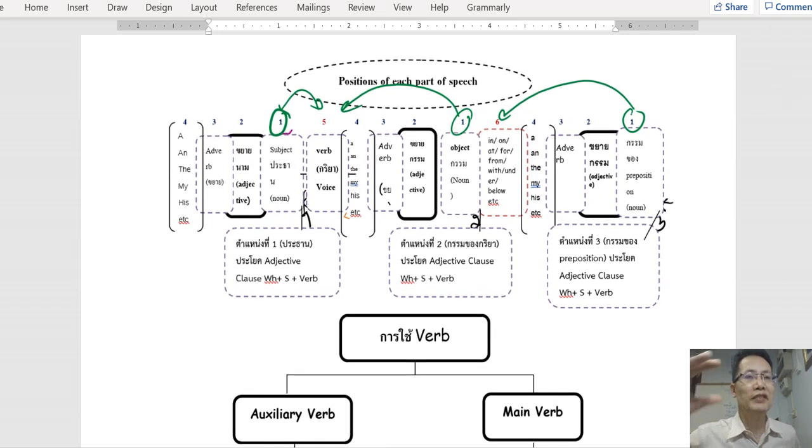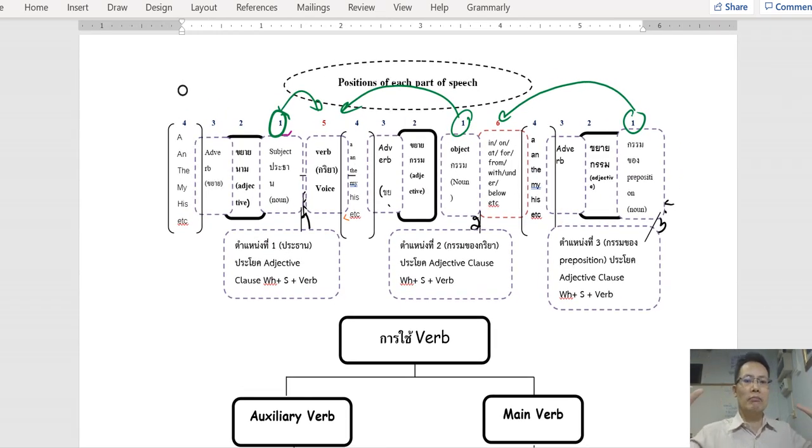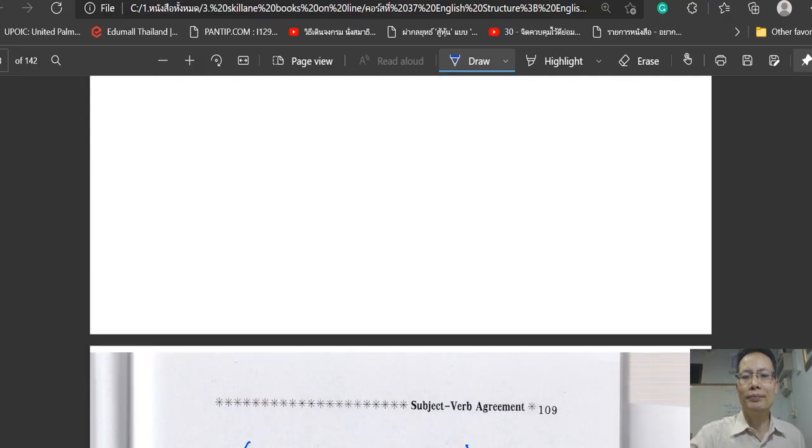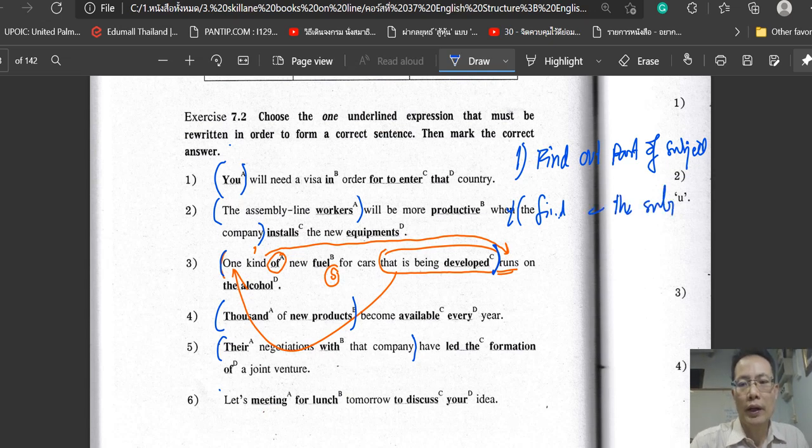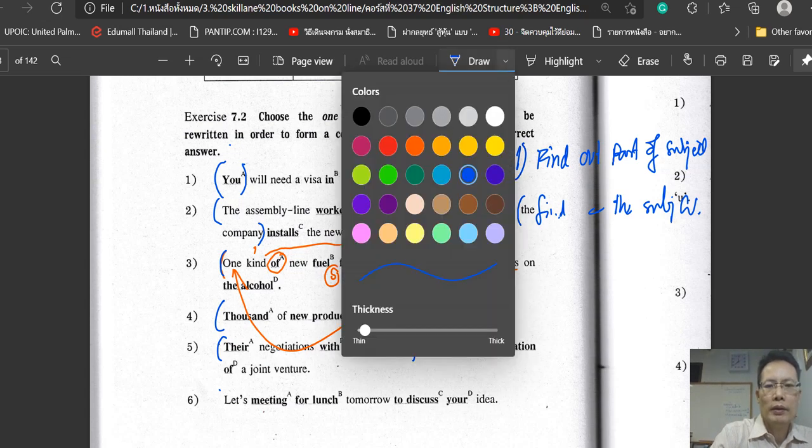So you must have vast knowledge, big enough to determine which word is correct, which word is not correct. Number one, as I said. Number two, find out, find what? The subject, okay? The subject, only one word. Subject word. The subject word. Which one is the subject word? Change the color. The subject word is